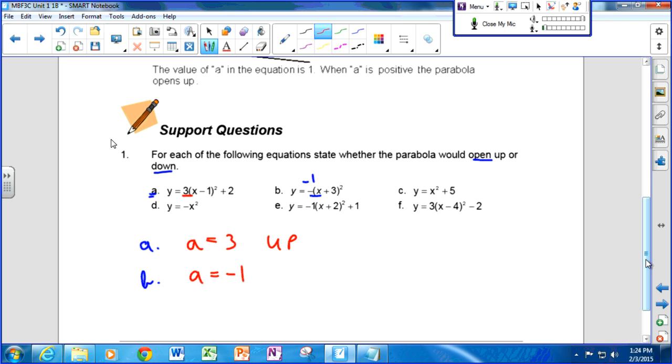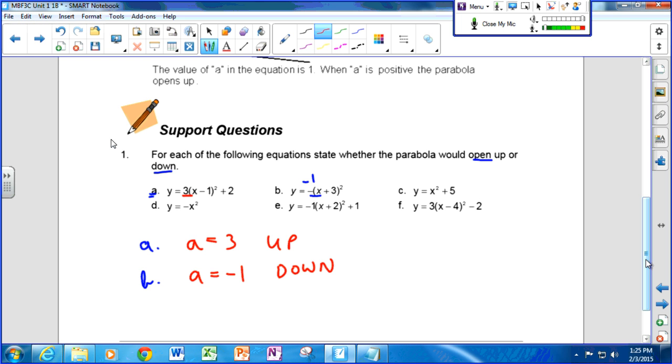All right, yeah. Okay, so that's going to open down. That's how these go. Now that we've established that we can do it for the simpler cases, let's look for some weird stuff. Let's look for some crazy looking questions here.